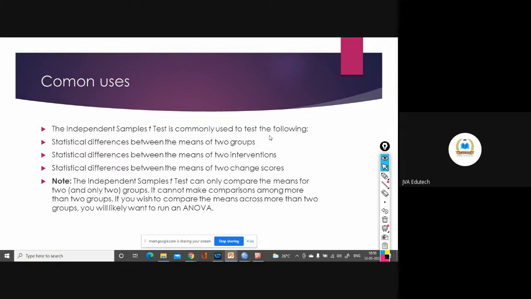A person from finance can use this test to analyze the stock performance of two companies. From medical science, they can use it to analyze the effect of two different drugs given for a particular treatment. From humanities, literature, arts, all these people can use it to understand people's perception.